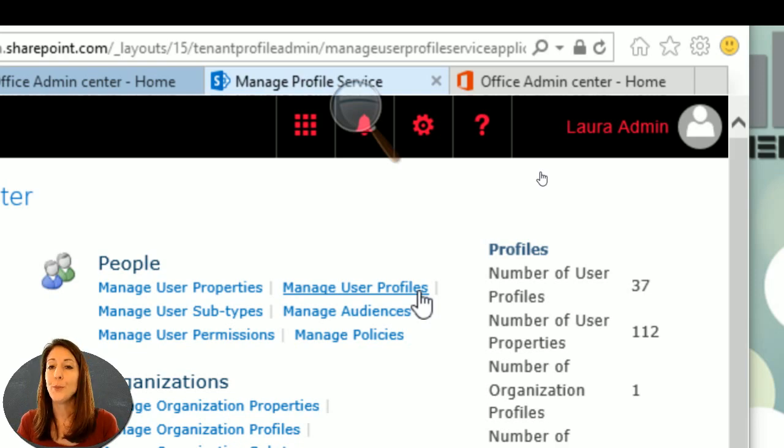But the user profiles are the profiles themselves. Those are all the people and all the information about the people that gets pulled in from wherever your directory is. I'm not going to go into subtypes right now, but manage audiences. Audiences is one of those things that I think we did a whole power hour about audiences as well. Audiences are